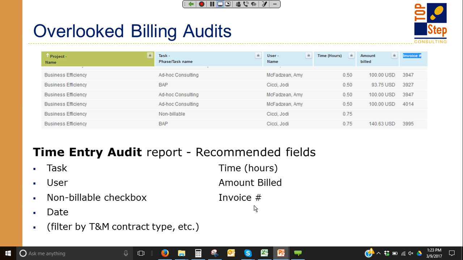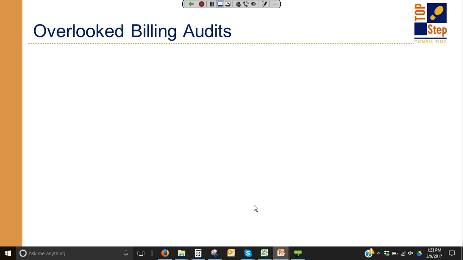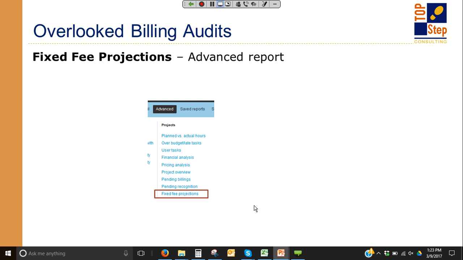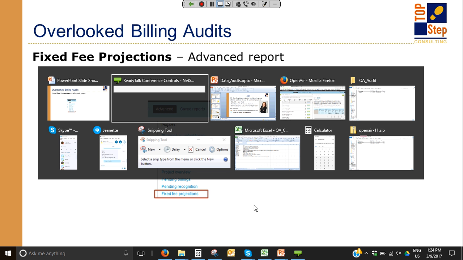But to complement the fixed fee side of things, then you can use the fixed fee projections report. And I may jump into the OpenAir system directly and show you this because it's going to be easier than seeing it on the screen here. But the fixed fee projections advanced report, if I go into OpenAir,